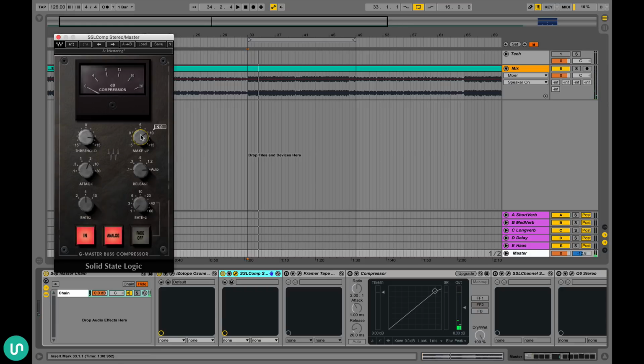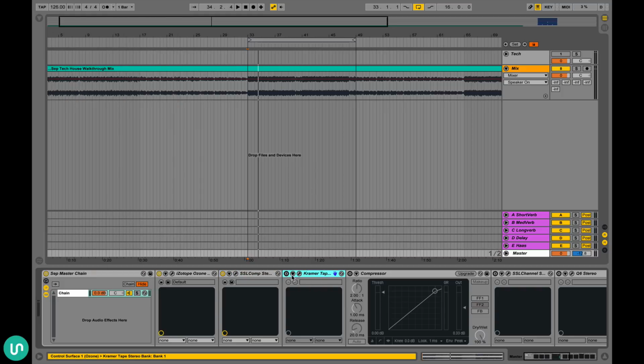And yeah, for the makeup gain, I push it to 9. And this compressor is a little bit weird with its controls. It has some unorthodox things, but yeah, these are the settings. Now, the next thing we're gonna add is,